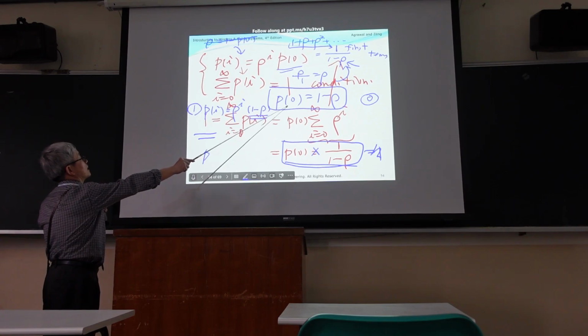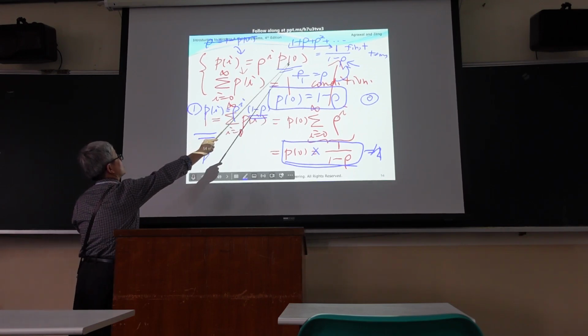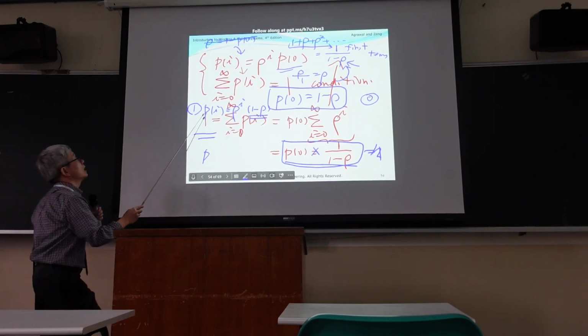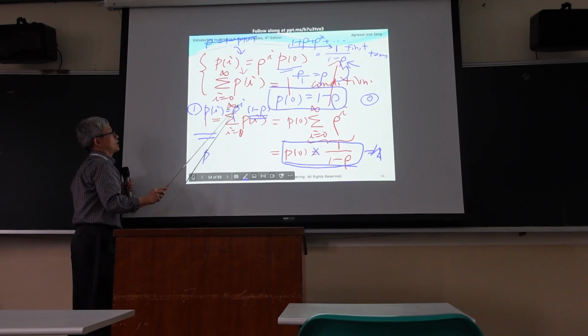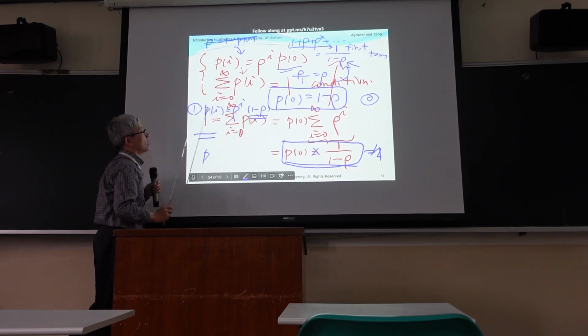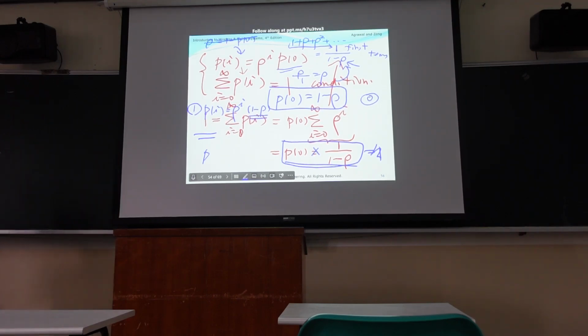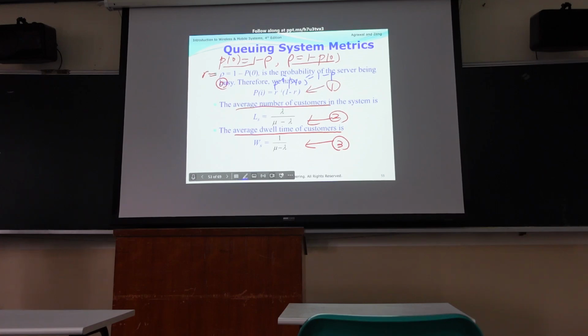Once we have P of 0, substitute P of 0 by 1 minus rho. So of course we have the first equation. P of I equal to rho raised to the power I multiplied by 1 minus rho, right? And so we can have the first equation here. Once we have the first equation, maybe you have a question how to